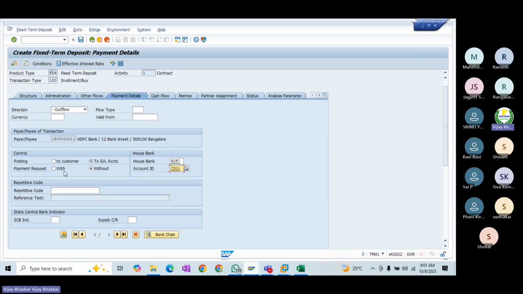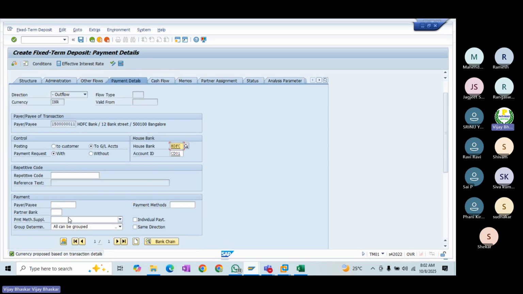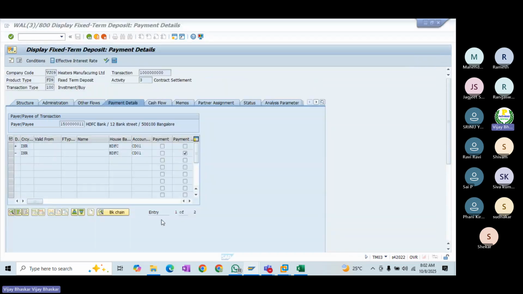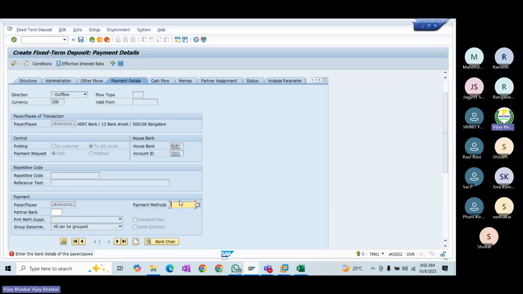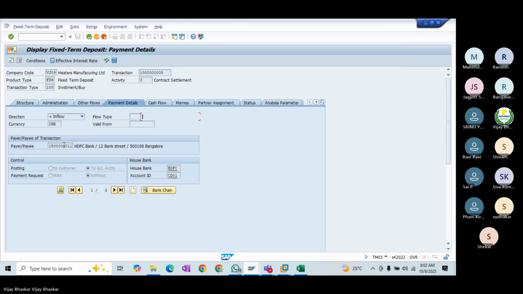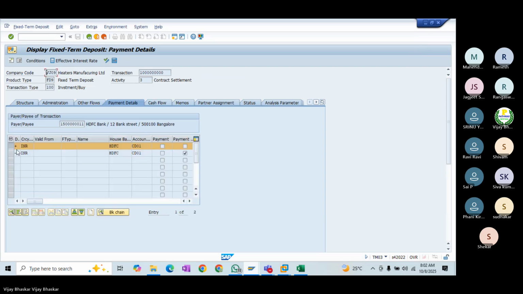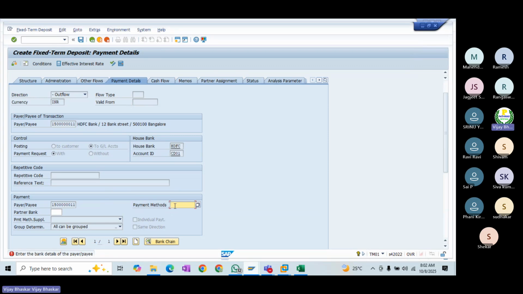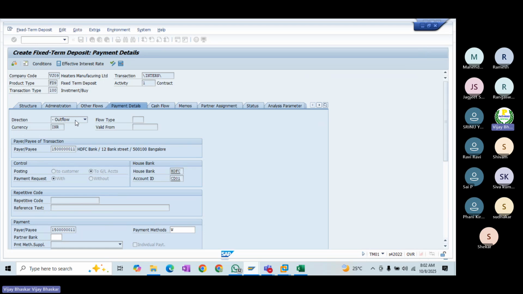But for outflow, it should be generated as a payment request, so that's what we are selecting. Payment method: what is the payment method which we have used? I think W, if I'm not wrong. Payment method W, then the partner bank, which the system will select from your counterparty.